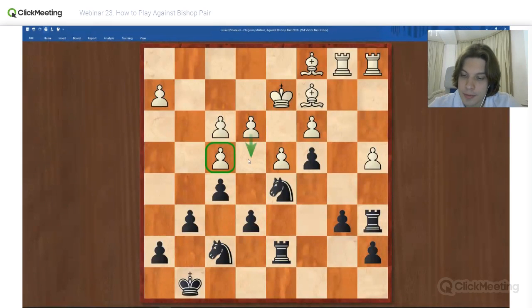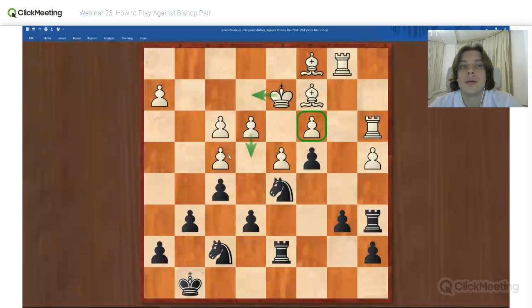Can you explain why? Why did he go to f7? What does he want to do? To play g5, true. He wants to play g5. Maybe it's not the best move, but this is his plan. So rook a3 to be able to play king e2 and then e4. So king e2 to open the bishop and protect the pawn on f4. And this is where he plays g5. Maybe not the best option, but it's difficult to find what to do.